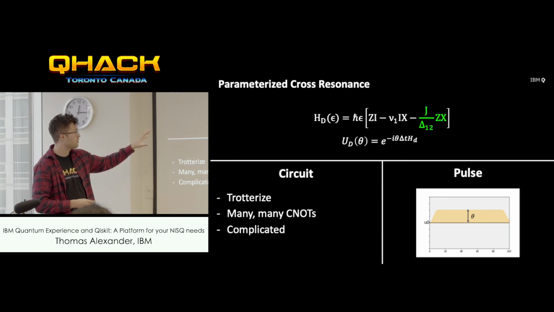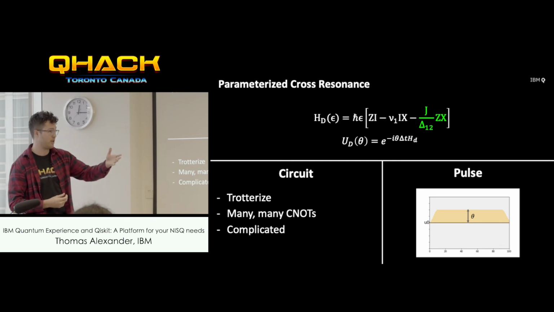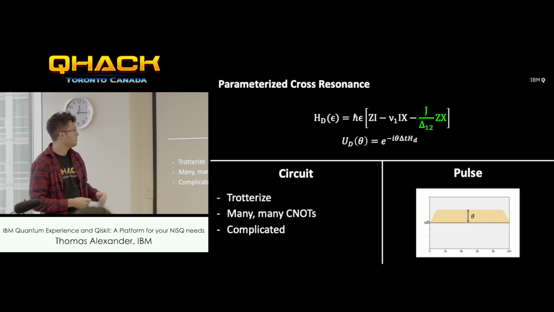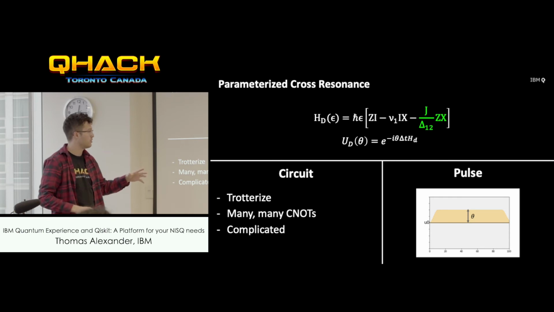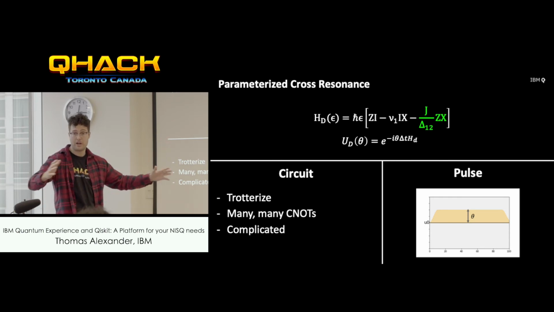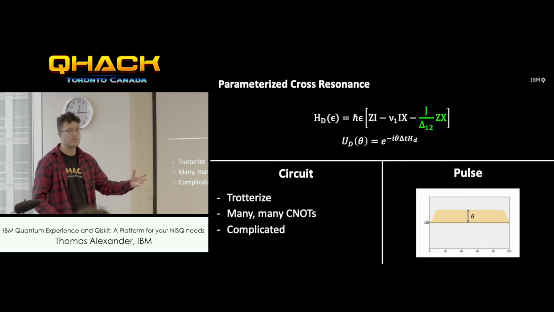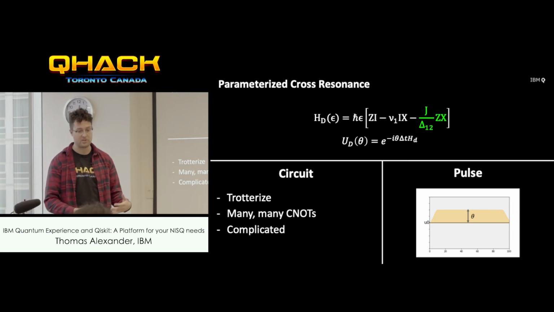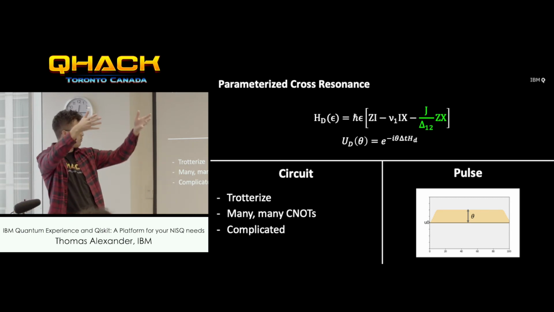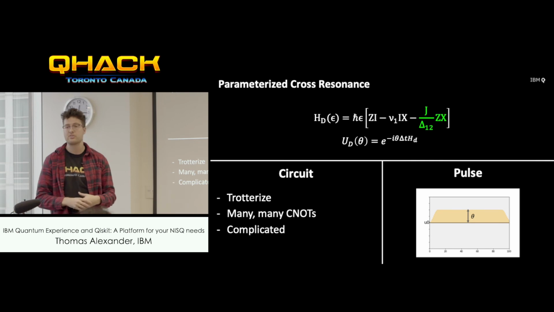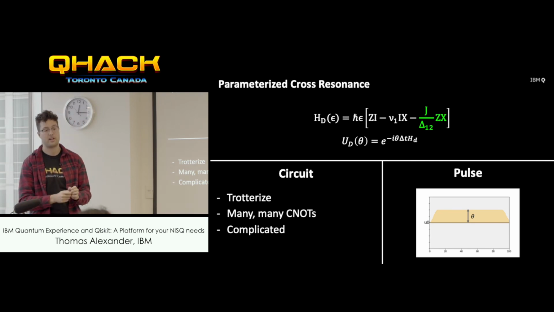If you have pulse level control, here's the cross-resonance gate that Gavin mentioned earlier. You might be able to parameterize this gate in terms of, say, the amplitude of the pulse or the duration of the pulse, and then insert this gate into a quantum circuit. You can promote this pulse up to a quantum circuit within Qiskit and use this within your machine learning algorithm to turn on a little bit of entanglement for a brief period of time.